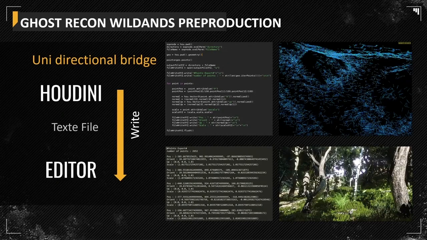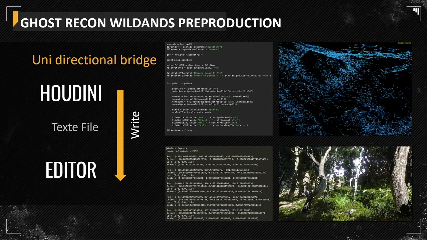And I like to show this one because it's super dirty. It takes a lot of lines to do something that should be very easy. Even the text file is a nightmare, but that was our first exporter to export kind of a matrix to the game, and we were able very quickly to give that to a developer. Okay, that's a list of points for our vegetation, sort that out in engine, and it was taking like 0.1 second to just refresh in engine and update all the vegetation. So Houdini was open on one side, editor on the other screen, export the text file, reload on the other side, and we were able to iterate and refresh all the vegetation.